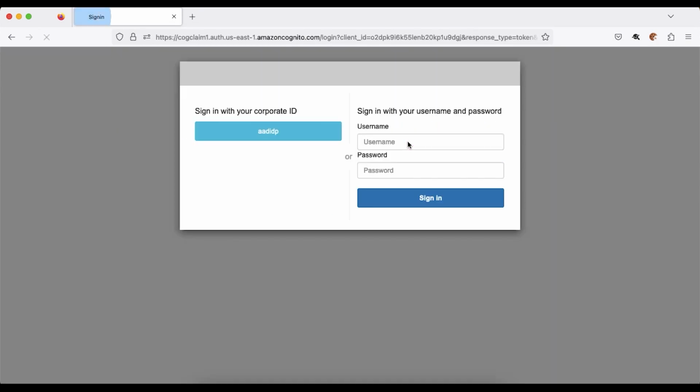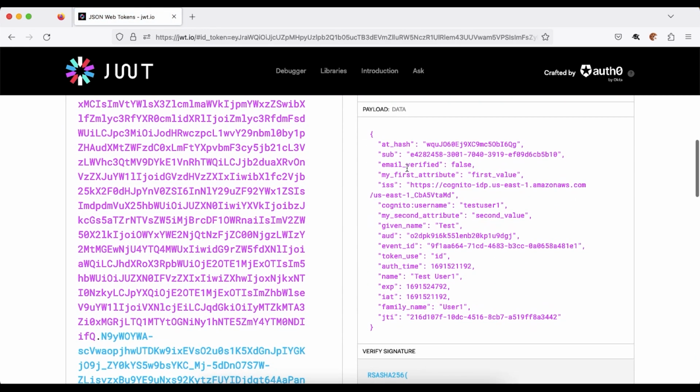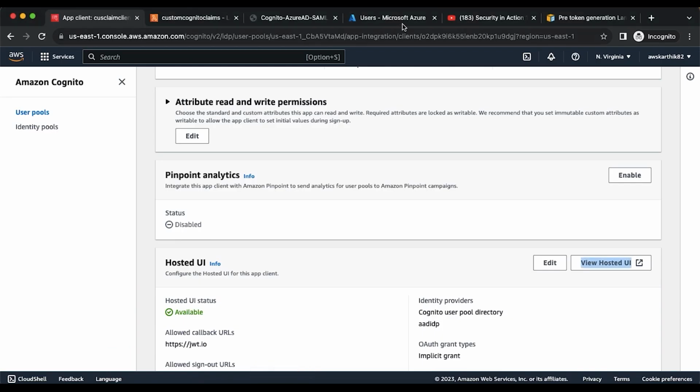Now let's log in using my local user credentials and see if those additional claims are present. Yeah, you can see it here. My first attribute, my second attribute. And I don't see the email claim here because it got suppressed. So if you look at